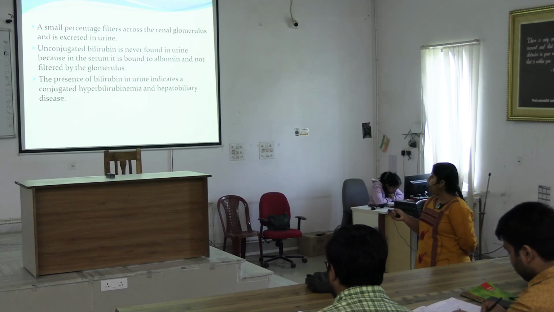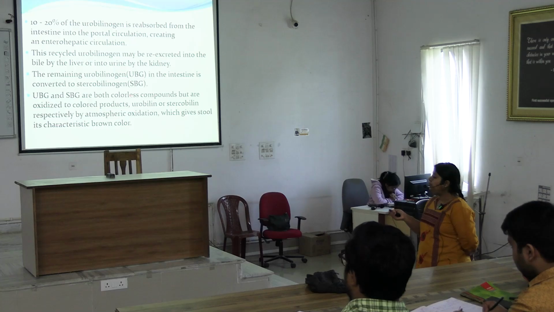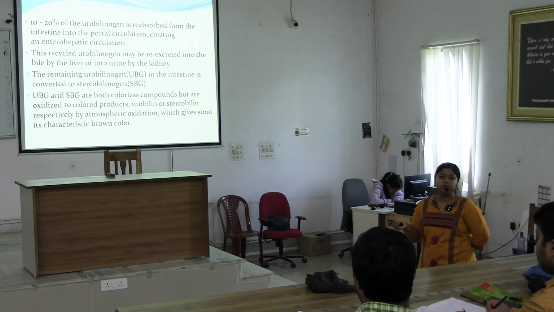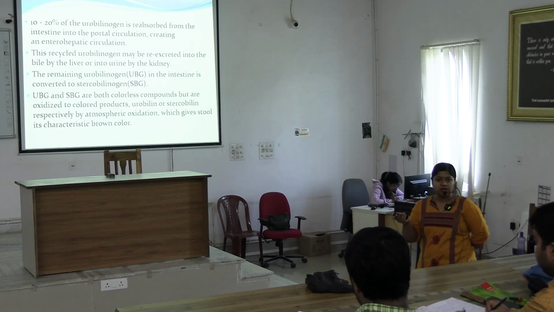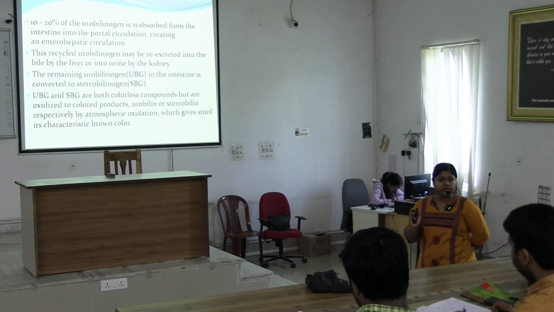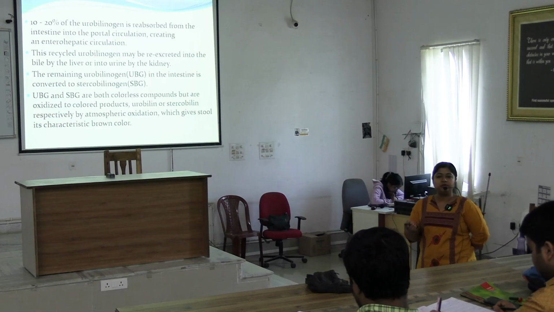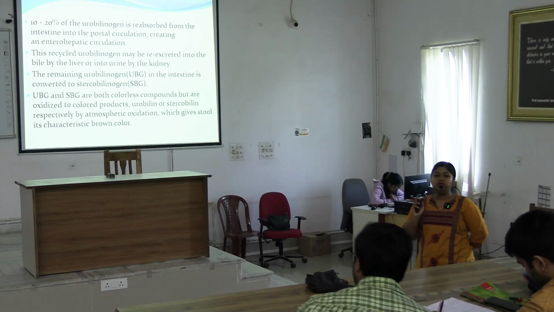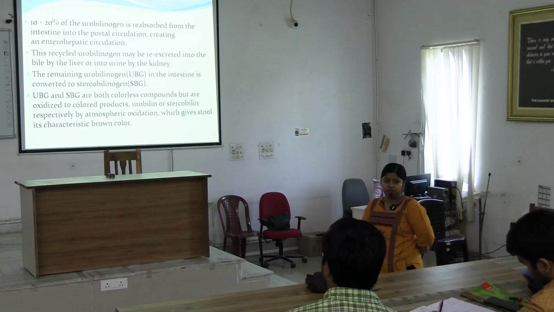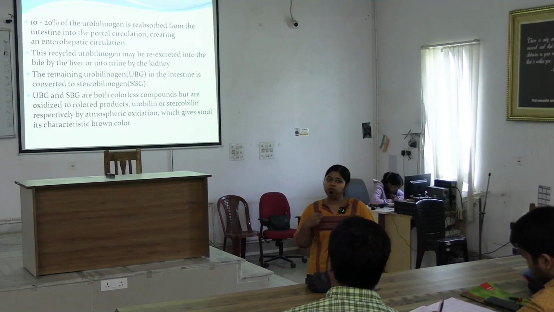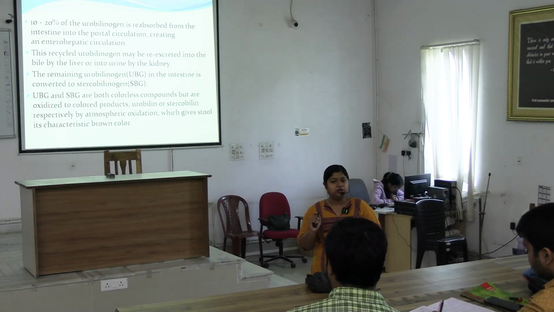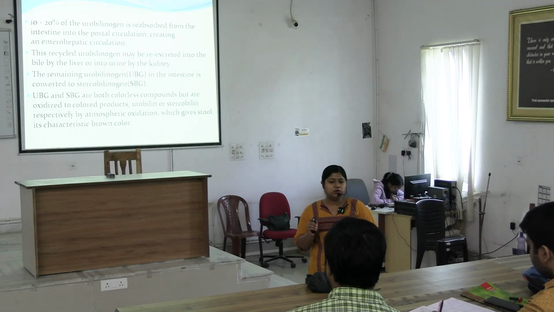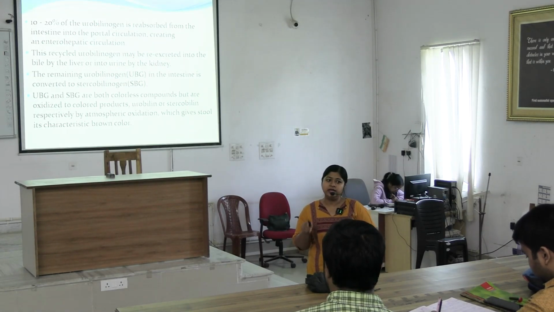Why? The color of urine comes from urobilin. Whether it is normal or high or dark color, everything comes from urobilin pigment. Urobilin pigment comes from urobilinogen. Urobilinogen is produced in our intestine, not in our liver. So to produce dark colored urine, we have to produce high urobilin. High urobilin will come from high urobilinogen.